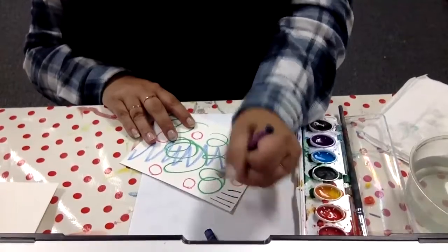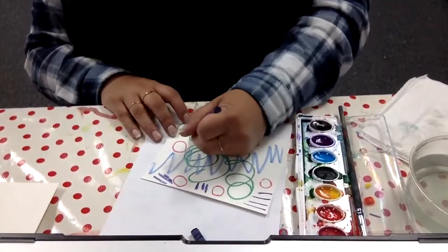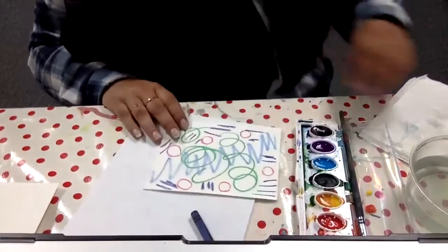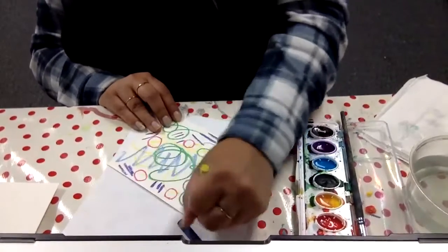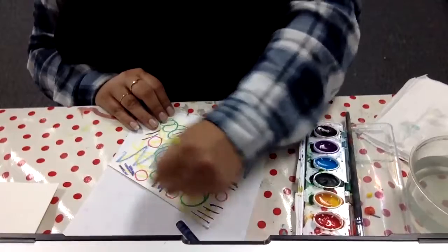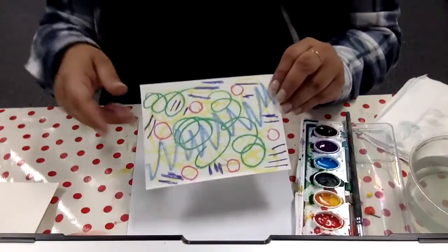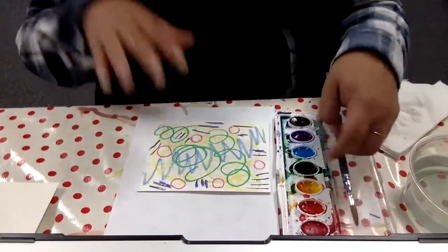So I think I might add some different shapes here, maybe some straight lines over here. Just going to make it really colorful. Now go ahead and fill up your paper with as many colors as you would like. I'm going to do another scribble right on top, just to get some more color into my artwork. Now that I have filled up my paper with a variety of different scribbles, I'm going to start to add my